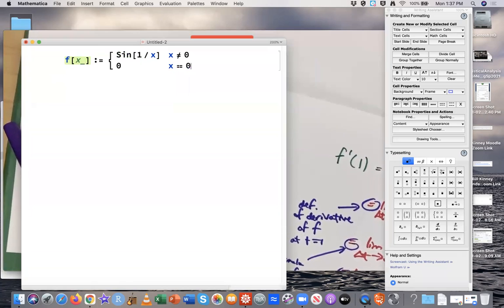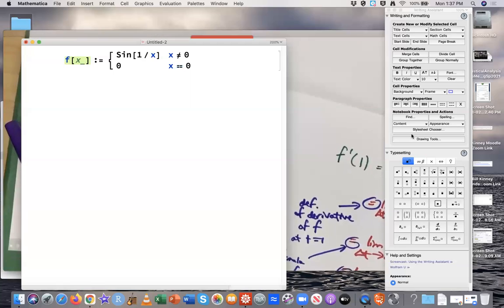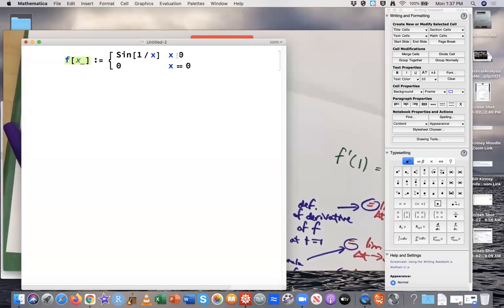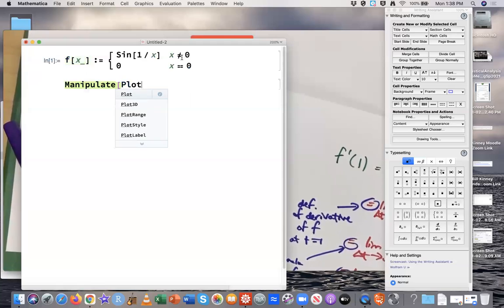I think I emphasized, when you're doing it in the way I'm showing you, you definitely need double equal signs here. A single equal sign will mess things up because it'll set x equal to 0, and you don't want that. To get the not equal to, I think it's in this palette somewhere, but I just did a keyboard shortcut: escape, exclamation point, equals, then escape again makes a not equal to. I didn't have to make it a piecewise definition, but